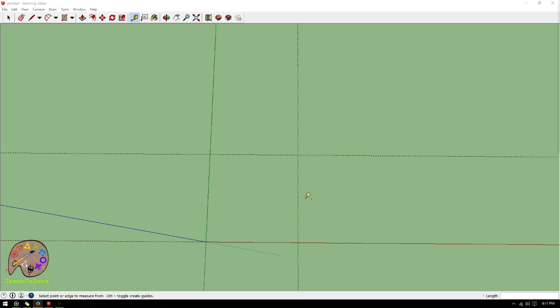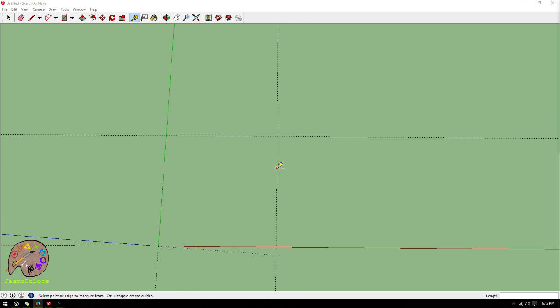Let's see. So this is 12 feet. This is 12 feet, and I kind of wanted to put our bathroom, like I want to make basically a 1-bedroom, 1-bathroom house. So that means if anyone ever comes over for any reason and needs to use a bathroom, it needs to be easily accessible to them without going through our bathroom. So that's pretty much going to be the only hidden part of the house, and the rest of the house I think is going to be just one room. So I'm going to put the bathroom off this side. So this is going to be where the bathroom is. And this is going to be...